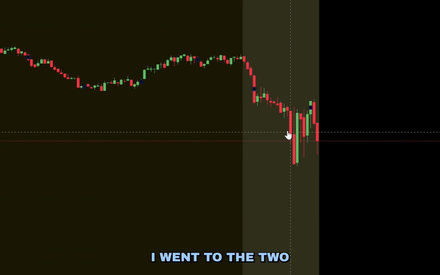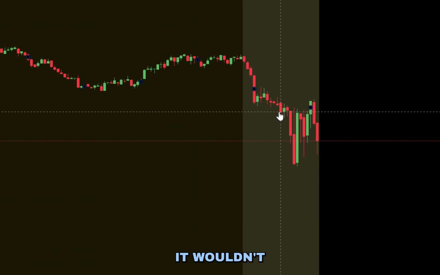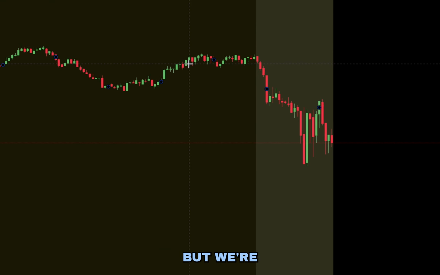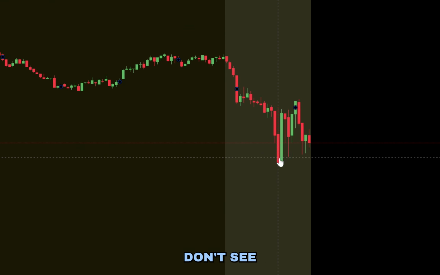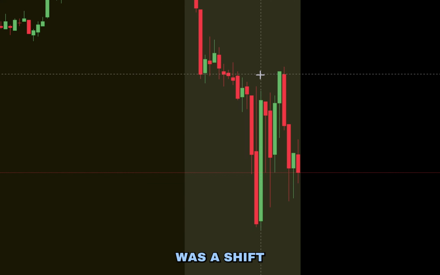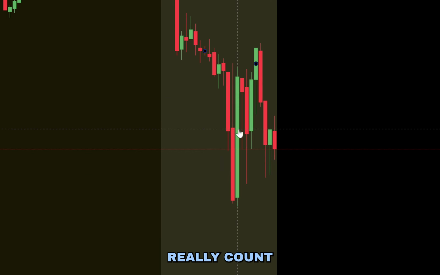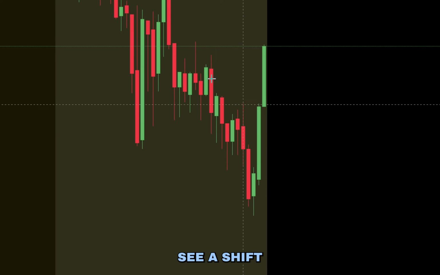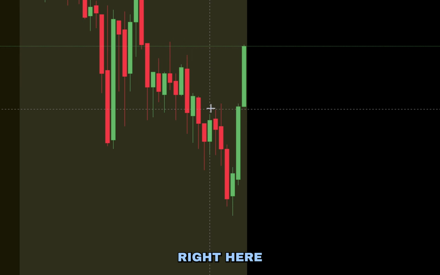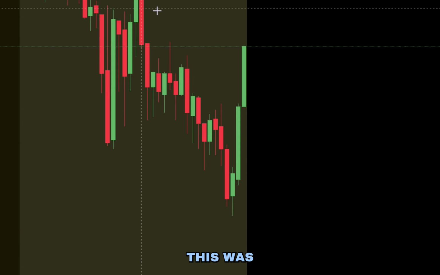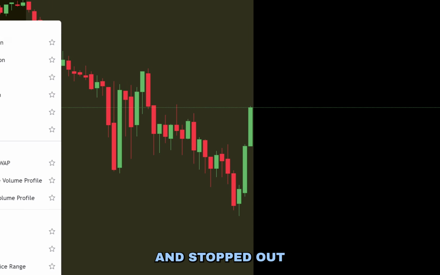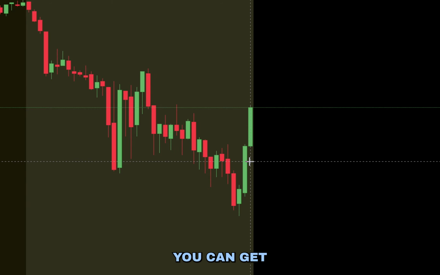Now in this example, I went to the 2 minute time frame just because it wouldn't let me go to the 1 minute. So we have already manipulated, but we're still waiting because we don't see a really good shift. Now you could have said this was a shift, but I wouldn't really count that. I kind of want to see a shift and then a follow through in intent. So this shift right here is better for me than this one was. This was an inducement and this was the actual shift. But you might have gotten stopped out on here and that's okay. You can get back in